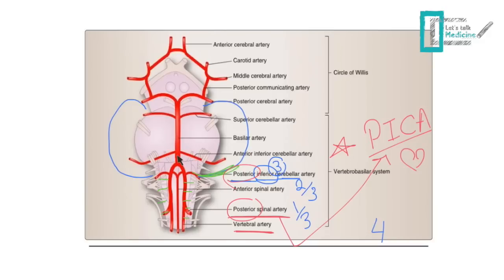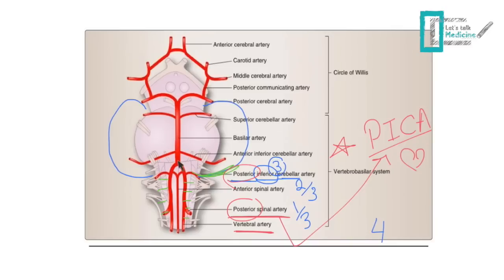And as it moves upwards, it gives its second branches called the pontine arteries because it passes on the pons. Now, the pontine arteries are actually two types. One called the paramedian arteries, which will supply the median area of the pons, and the long and short circumflex arteries will actually supply the lateral parts